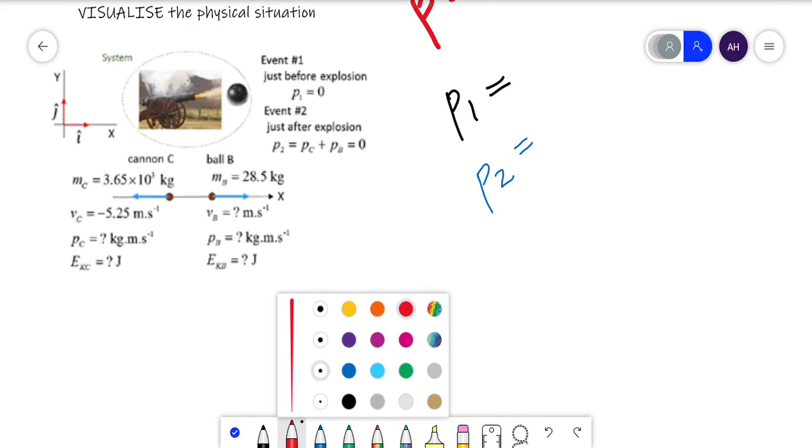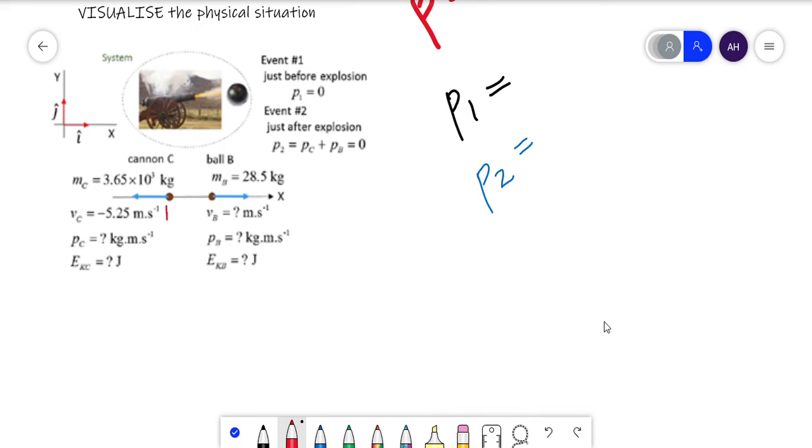Each of these free body diagrams is representing the motion of one object, and everything to do with the ball we're going to label B. So mass is mb, velocity of the ball is vb, and momentum of the ball is pb. Same for the cannon,